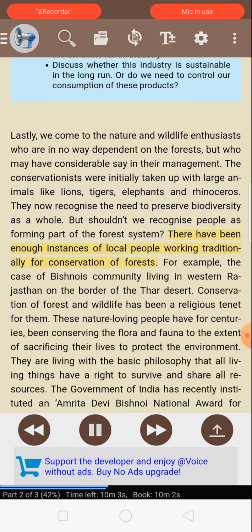There have been enough instances of local people working traditionally for conservation of forests. For example, the case of Bishnoi's community living in western Rajasthan on the border of the Thar Desert. Conservation of forest and wildlife has been a religious tenet for them. These nature-loving people have for centuries been conserving the flora and fauna to the extent of sacrificing their lives to protect the environment. They are living with the basic philosophy that all living things have a right to survive and